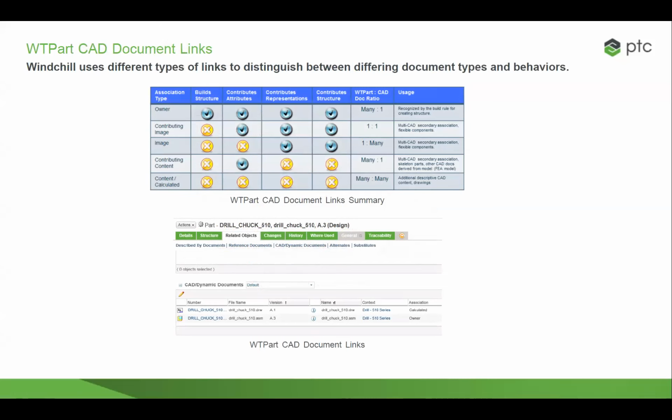When you assign parts to CAD models, you also have different categories of links, different types of link. It means that if you connect the CAD model to the Windchill part, you may want to propagate or not different kinds of information. That leads to different kinds of links being available. Here you can see a table of those links, listed on the upper part: the owner, the contributing image, the image, contributing content, and the content. The one that is created by default is the owner link, the one listed on the upper part, which